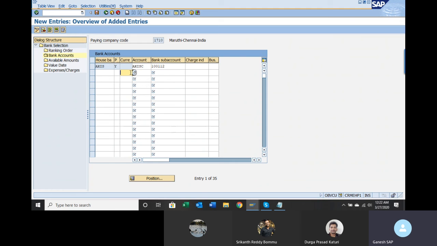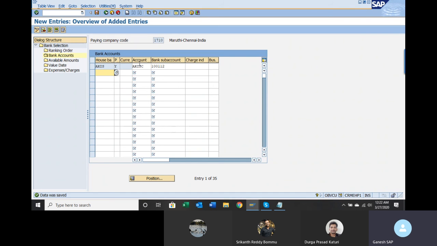So in order to do that, if you don't maintain it as a blank, the system will not accept it. In that case, what do you have to do? You have to maintain another combination: Axis, Y, currency USD, and then the bank account, and this bank account GL account you have to maintain. I don't want to do those entries because I might deal with many countries and many currencies. If I start doing that one by one, it will go to almost 20-30 currencies. So I don't want to do that.